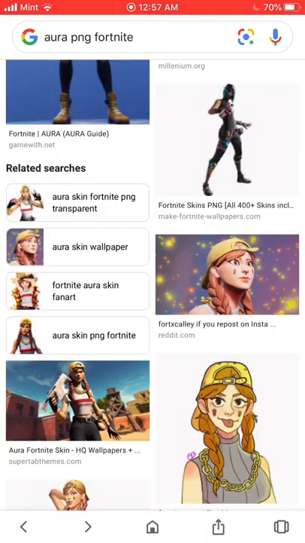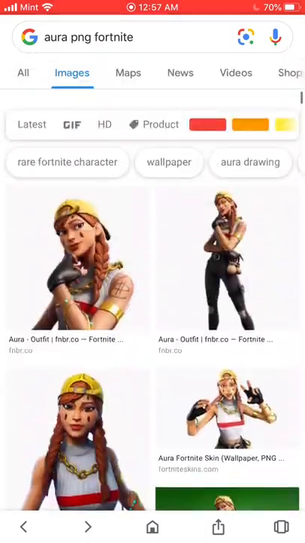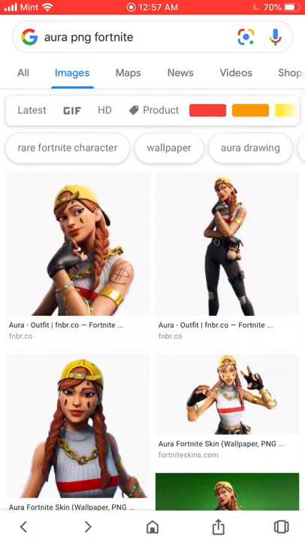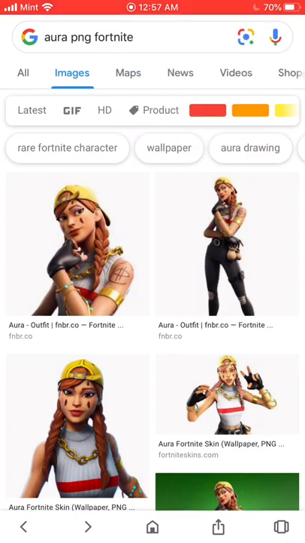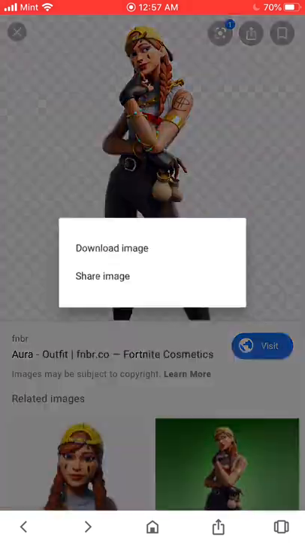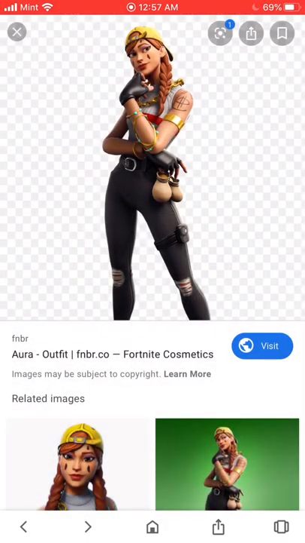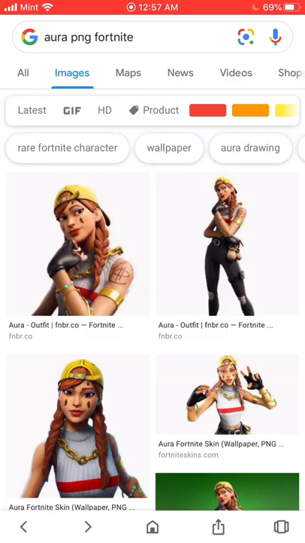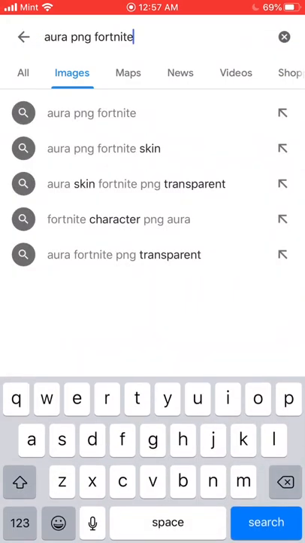Now guys, in today's video I'll show you guys how to make a Fortnite profile picture like mine. So the skin that I'm gonna use for this example is the Earth skin. So we're gonna use this. So just download the image, then Earth skin wallpaper. If you want, you could just search up like